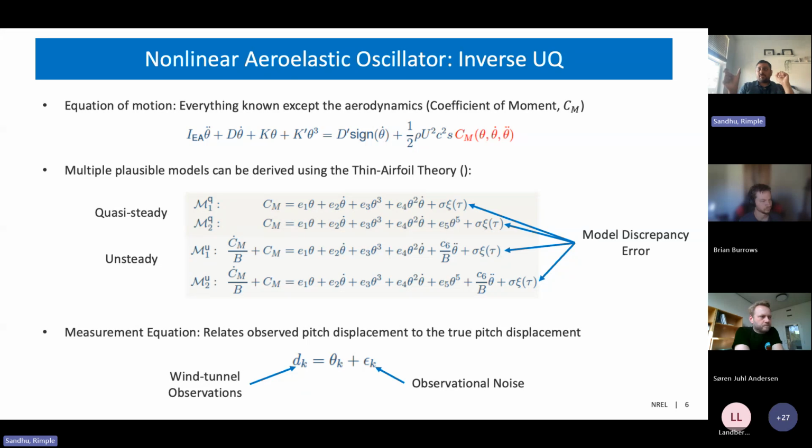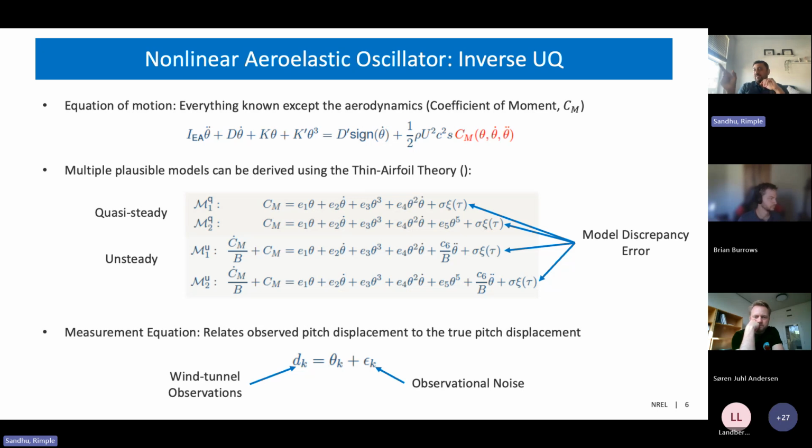And the rest of the components are from the thin airfoil theory. So the first two models are quasi-steady thin airfoil theory, and the last two models are from the unsteady thin airfoil theory. So I came up with these 4 models, and you'll see at the end of these 4 models, I have